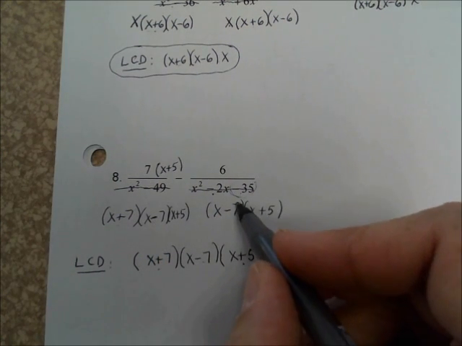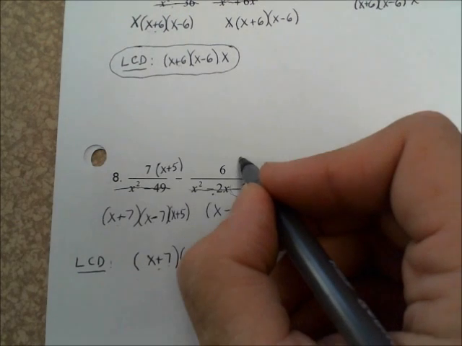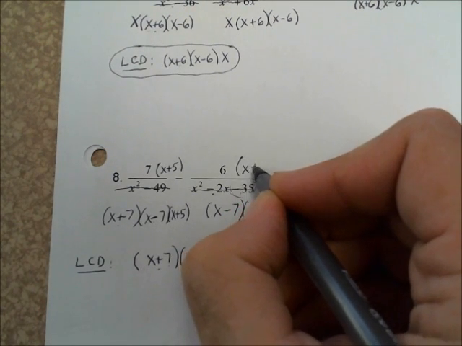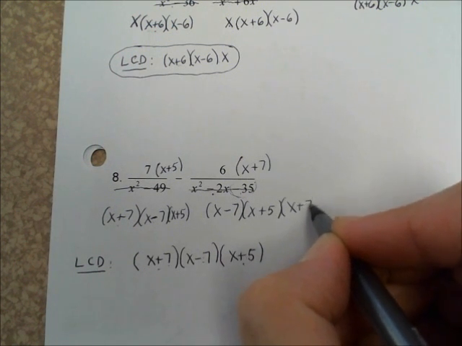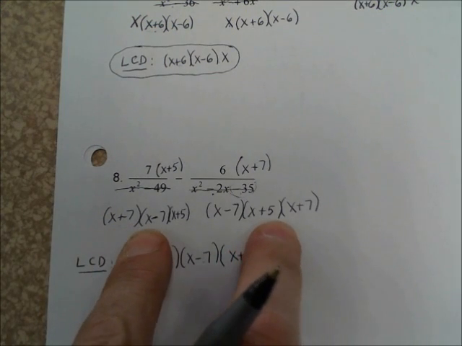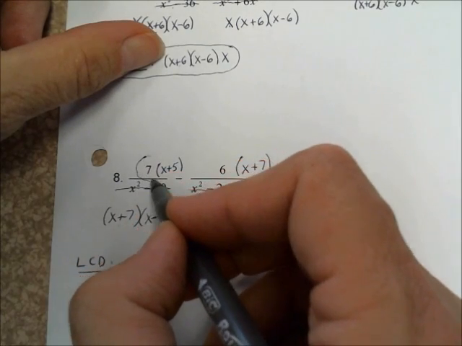Looking at this denominator, we've got the x minus 7 and the x plus 5. Which one is this missing? This denominator is missing an x plus 7, so the top gets multiplied by x plus 7. The bottom gets multiplied by x plus 7. And now both of these fractions have common denominators, which means all we have to do is combine these numerators